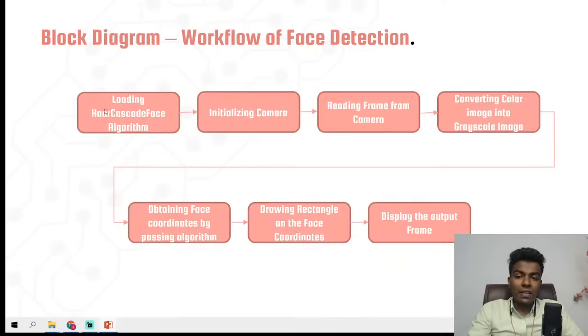Okay, so once the algorithm is loaded, now it's time to do it in real time. So we need to acquire the data from the camera. Once the frame is read from the camera, we are going to convert the color image into a grayscale image, and then we are going to obtain the face coordinates by passing it to the algorithm, because as we have already